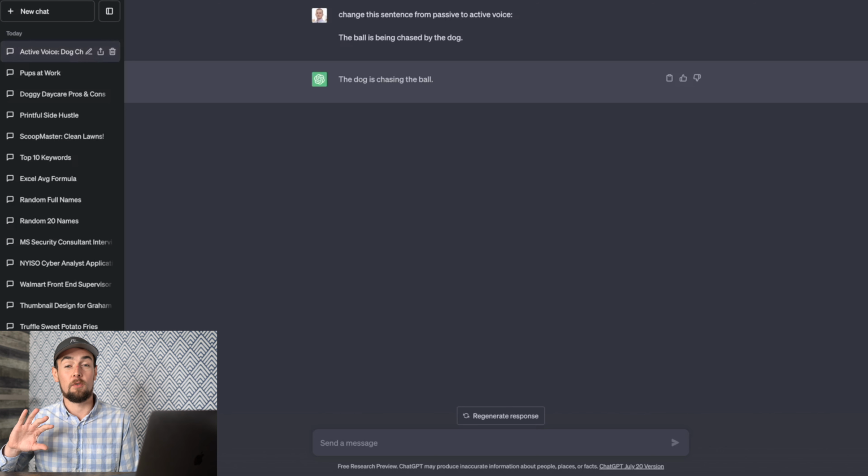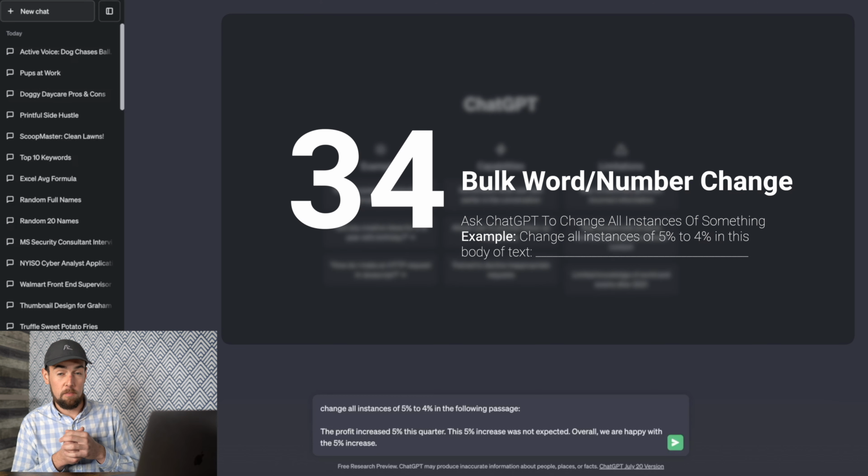So if you were looking to change the structure of your sentences in a blog, or maybe it's just some type of professional document that you're writing, you could use it to identify passive voice and then also change passive voice just like this. So the next thing you can do is use ChatGPT to replace the same variable in